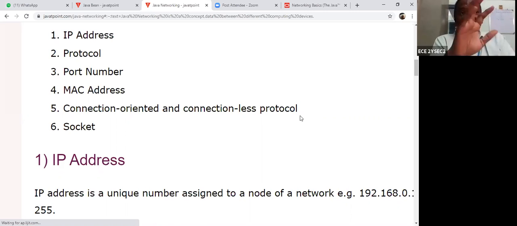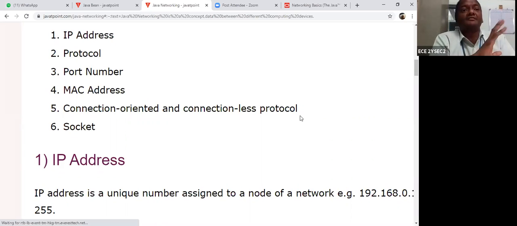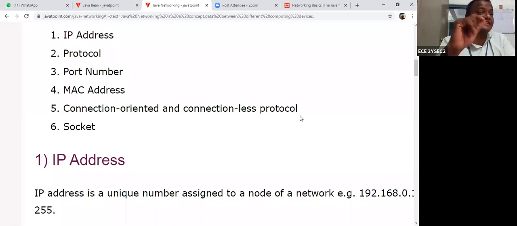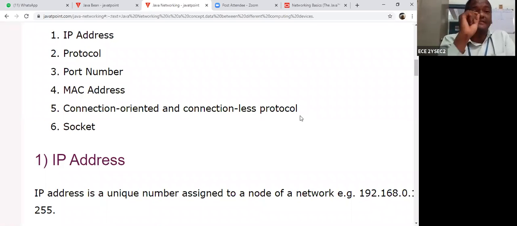If there is an error, if there is noise, then you will get disturbed. If there is no disturbance, then there is no error. If there is no error, then it should be clearly heard by you from your friend's call. That is called connection oriented. That means it follows a fixed path. Before transmission, a path is created, whether it is a wired path or a wireless path. Connection oriented stands for creating a path first.